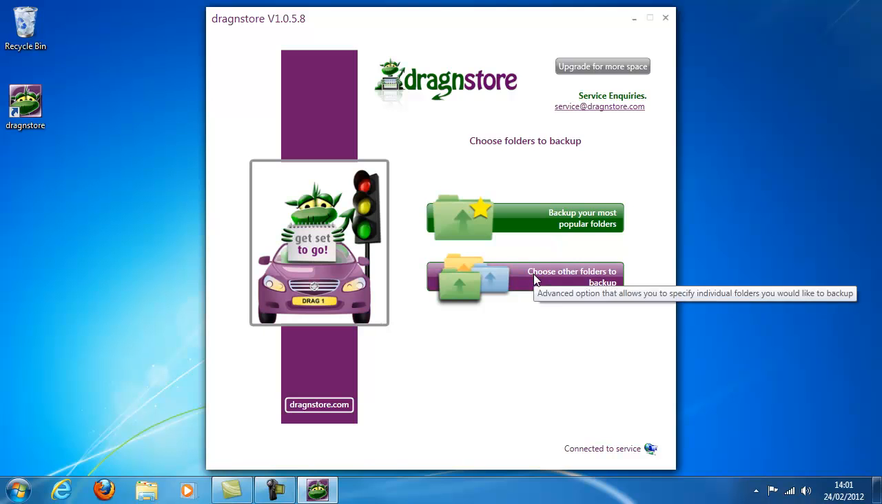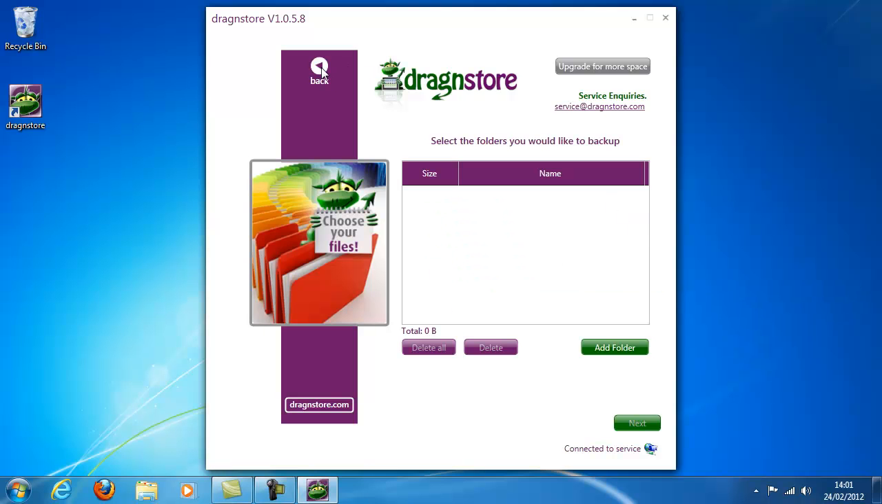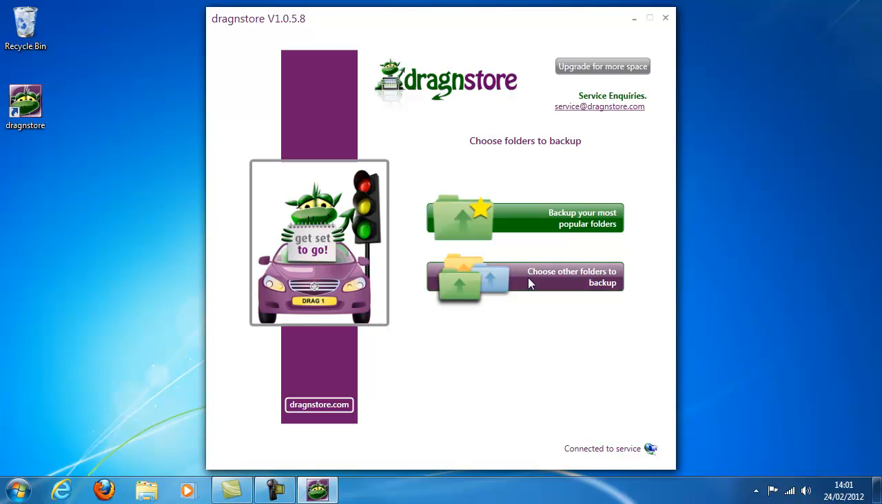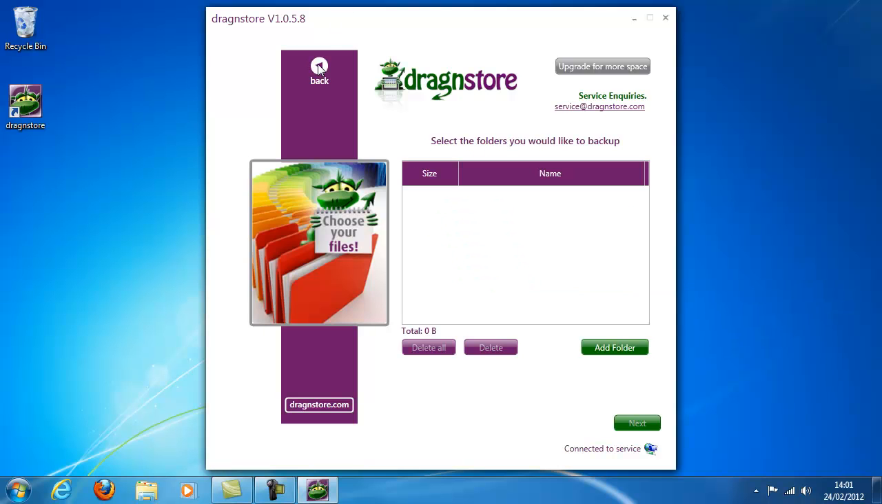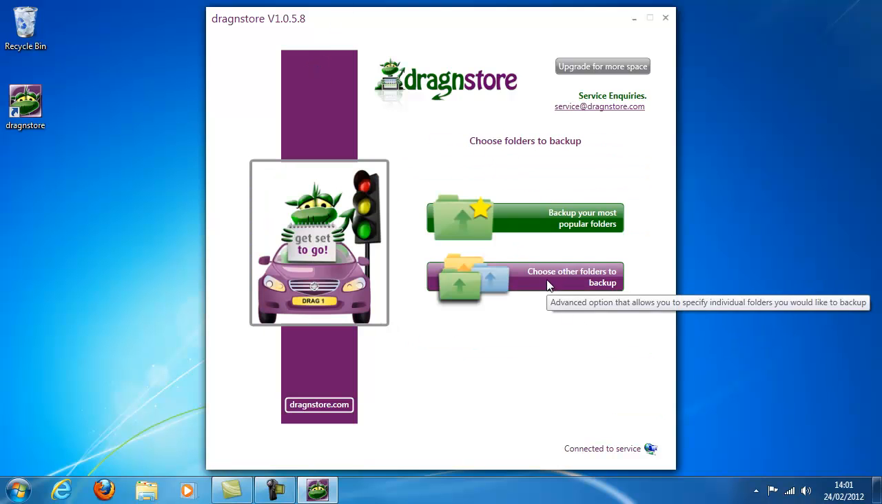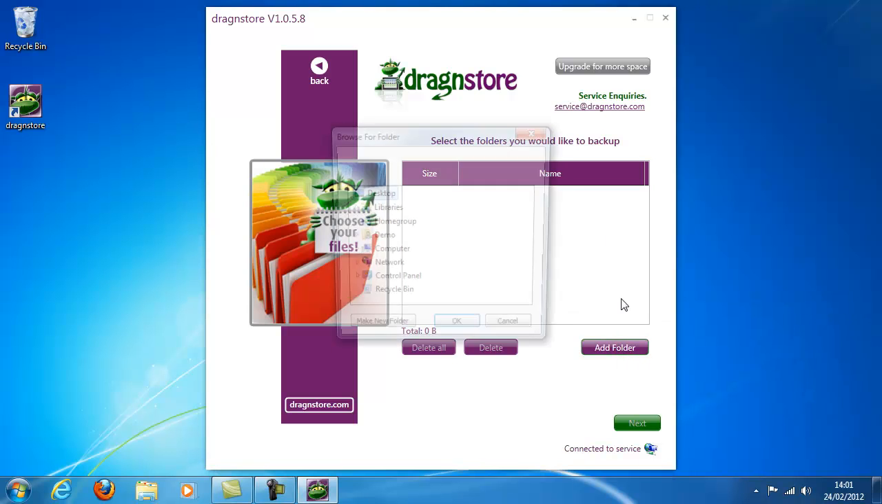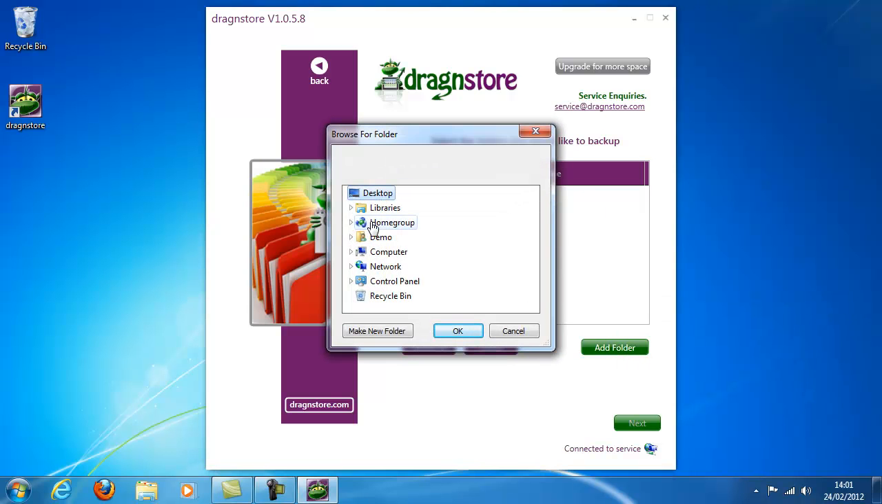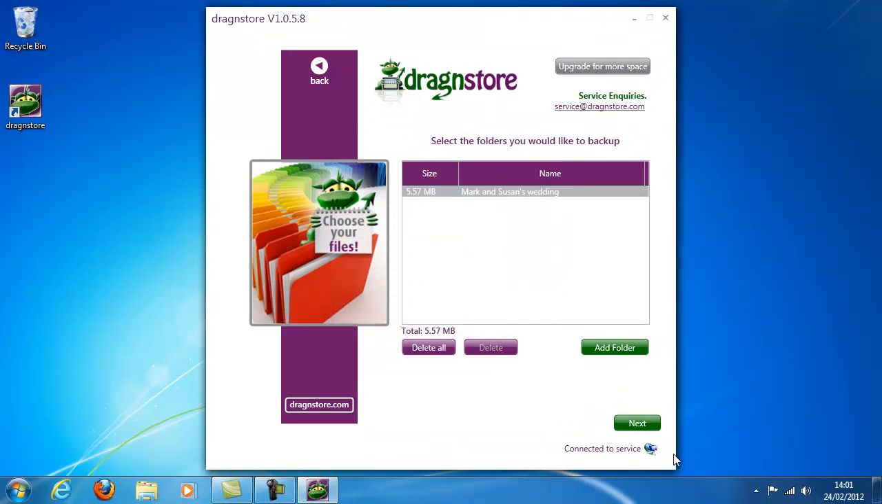But if you want to specify exactly what you'd like to back up, if you select back, so here choose files and folders, if you select back at the top, choose files and folders, if you go to add folder I can then choose where on my computer I'd like to back up. So if I go here to my pictures and then Mark and Susan's wedding and then click OK and then